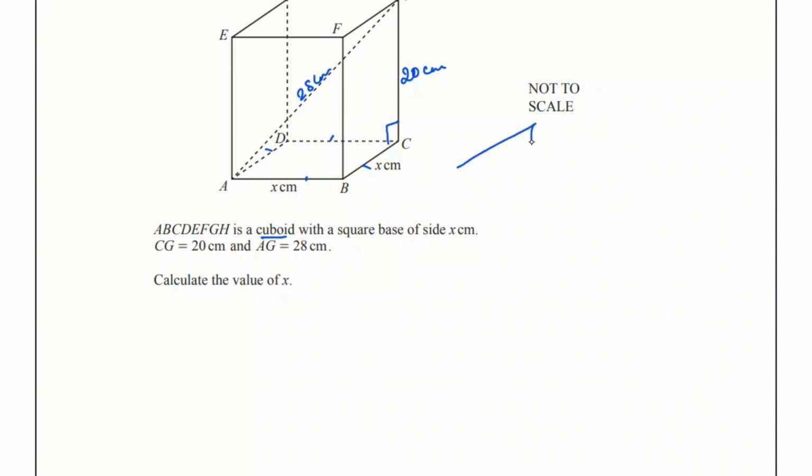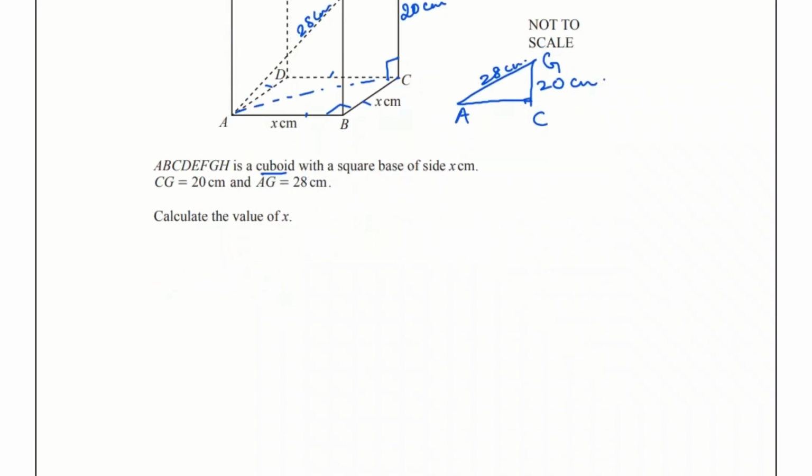AG, GC, and this is the diagonal AC. AG is given to us as 28 centimeters, and GC is given as 20. We will find this AC. After finding AC, then we will find this part. Again, this is a square, so this is also going to be 90 degrees. Okay. So step one